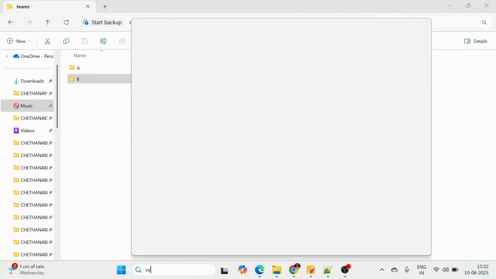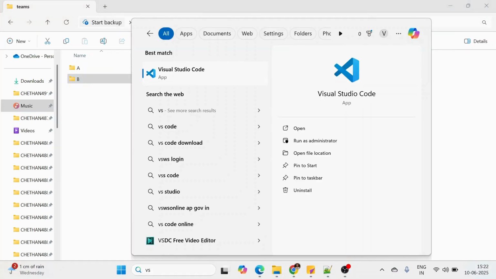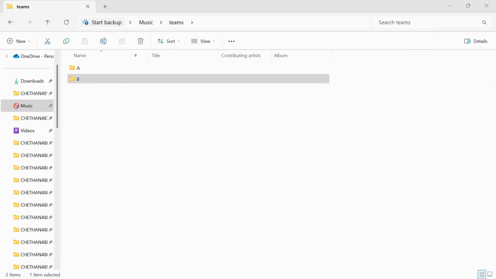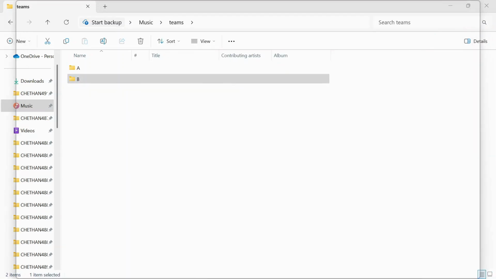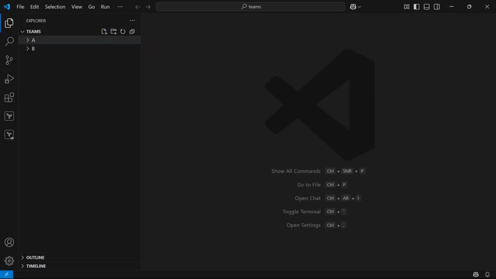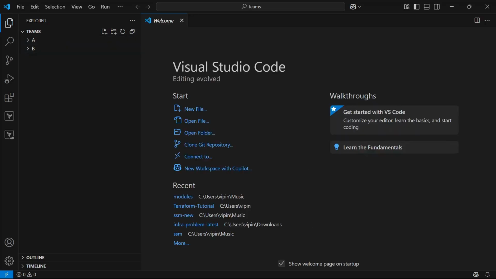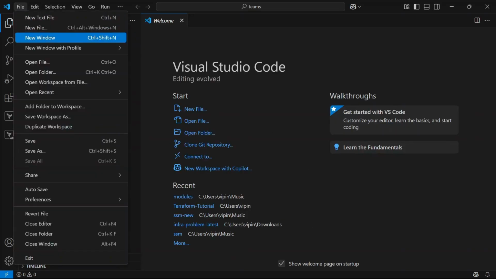Okay, and let's go to VS Code now. It's getting open. So here we are, with team A and team B. Let me open another window here.